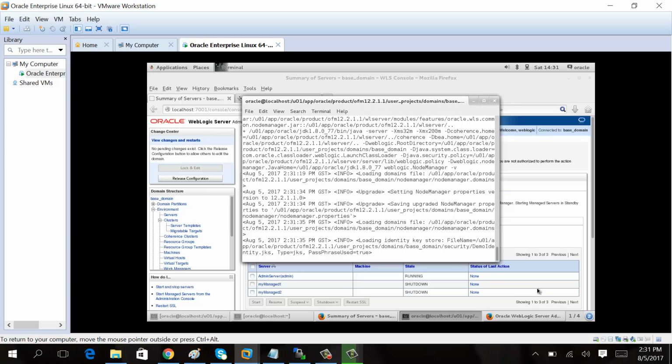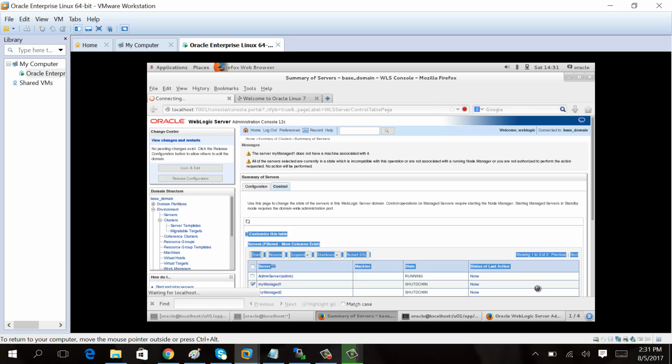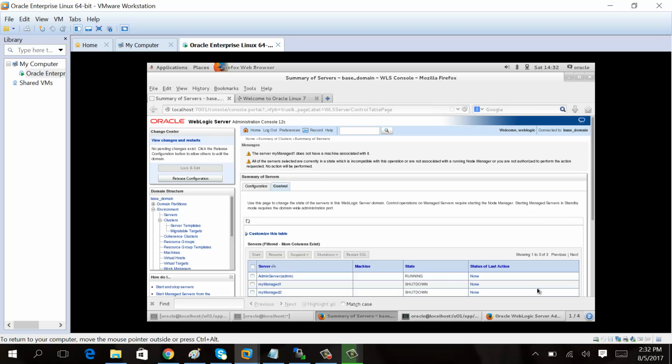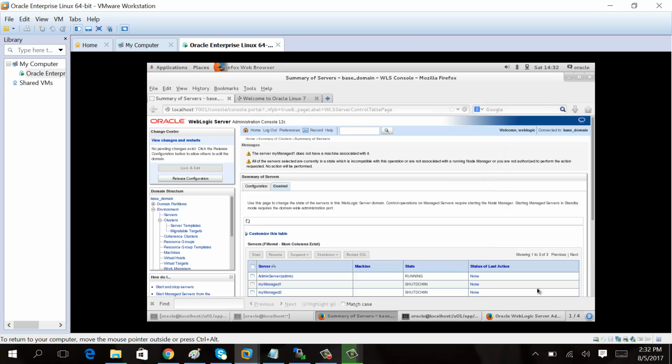Now just minimize the node manager. Now try to start one managed server. Okay, no problem. Initially, the first time we can start from the terminal also. So what it is saying here is